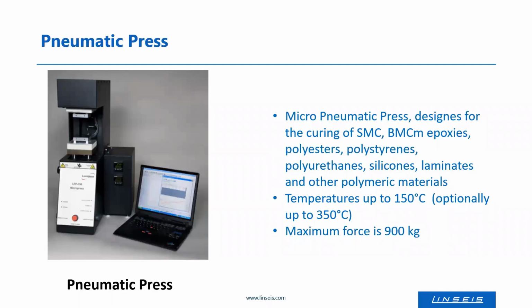Then we have some presses, small presses, which can apply high loads up to 900 kilograms, which is quite a big force. So the pressure on the sample can be adjusted to high pressures because we are using small areas here with our sensors in the millimeter or centimeter range. And these presses are used, or necessary, to investigate the curing of, for example, sheet or bulk molding compounds and